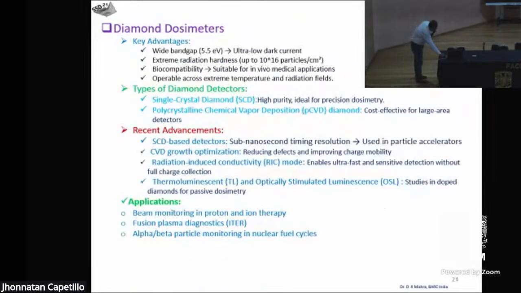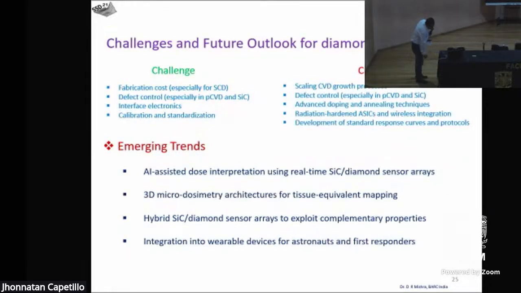There are some challenges for the field of silicon carbide and diamonds. Scaling up is one of the constraints. Then there is the development of standards and calibration standards. So a lot of challenges still remain to be solved for diamond and these kinds of fields, so that we can use them more easily, as a more easy tool for day-to-day measurement.